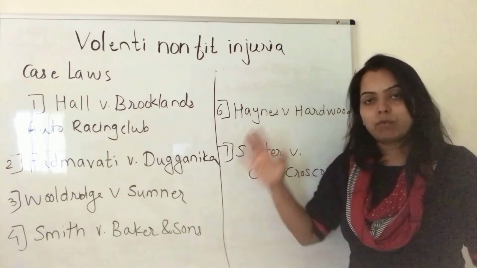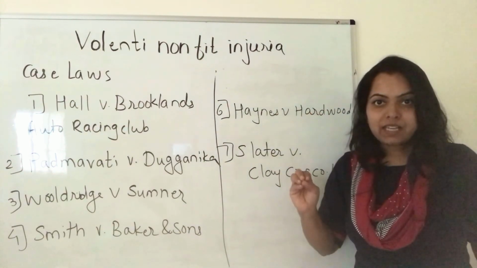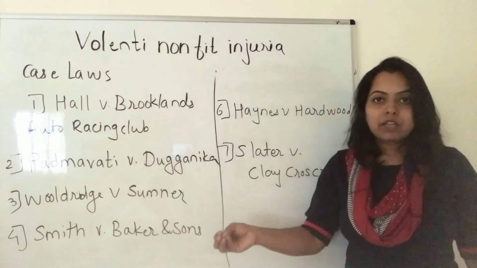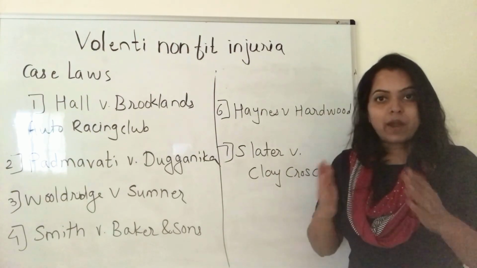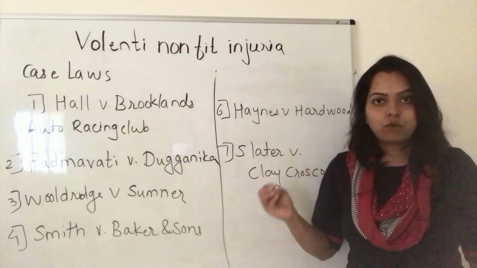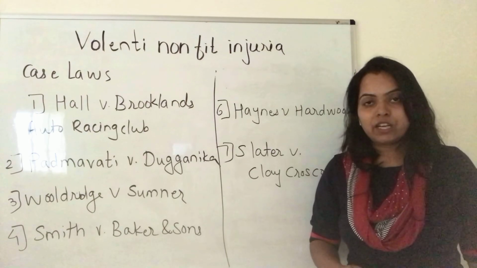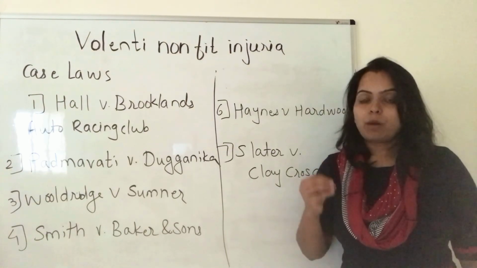After providing all these case laws, conclude by explaining the meaning of volenti non fit injuria. It has its origin in common law. This is a Latin maxim. It has origin in Roman law, which is again a part of Europe. So provide everything about this: what is the meaning of volenti non fit injuria? And this maxim is applicable in Indian law because we still follow the common law legal system.